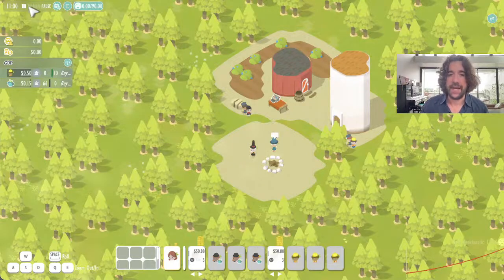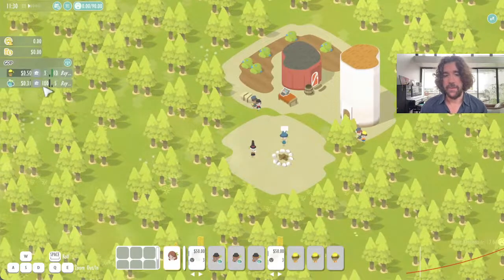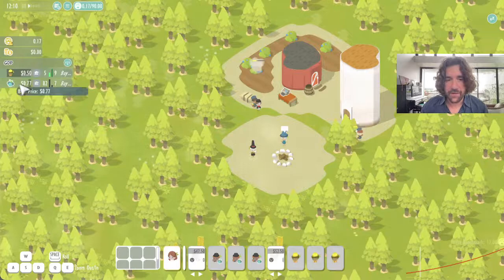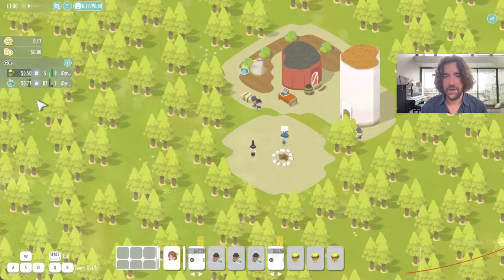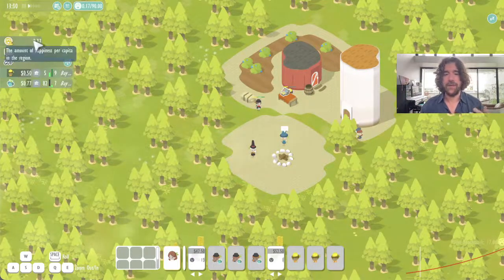If I unpause the game, let's see what happens. To unpause the game, I need to click on this arrow here, just a heads up. And you can see that very soon the markets are going to begin to work. So you can see that the price is changing, and you can see the little graph underneath the values here, which is a great way for us to show you how things are changing over time without overwhelming you with a lot of graphs. So we put these little graphs underneath everywhere so that you can have a feel of how things are moving